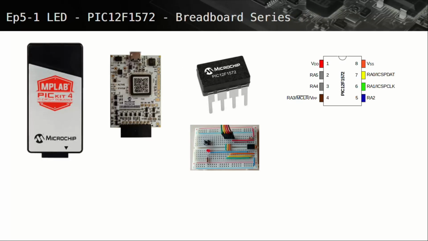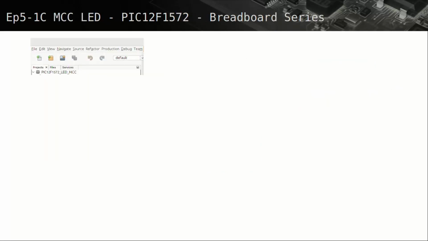Check the previous assembly LED episode for any basic processes such as creating a new project, selecting your compiler and programmer, not covered here if needed. Create a new Microchip embedded standalone project for the PIC12F1572. Then select your connected programmer. Finally, select your installed XC8 compiler and give the project a name, say PIC12F1572_LED_MCC, and save the